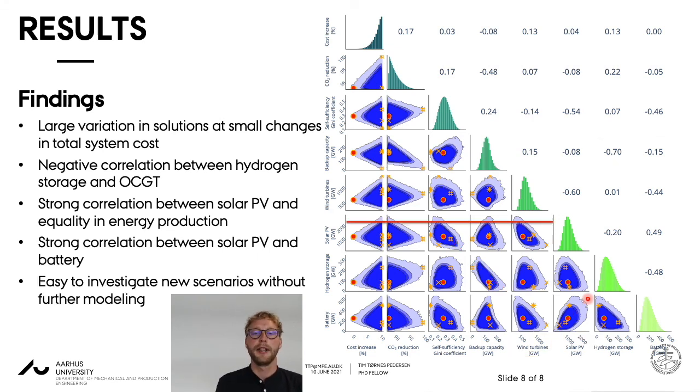And to give an example of how you can use this figure, I have introduced here a scenario with a very high installation of solar PV capacity. So let's say that we are going for a scenario with a high solar PV capacity. Then we can read where this red line intersects with the blue clouds, how much capacity we need of the other technologies. So for example, we see that if we want a very high level of solar PV capacity, we only need a small amount of wind turbine capacity,